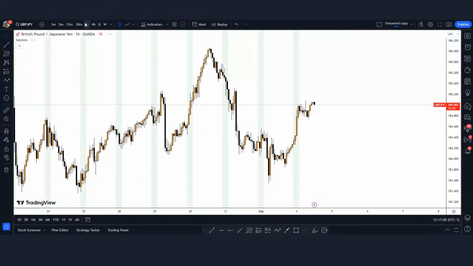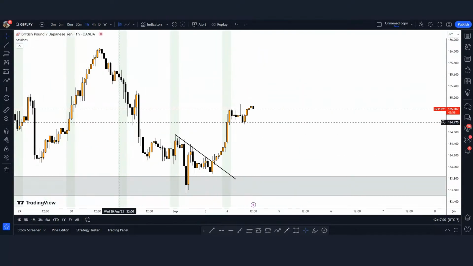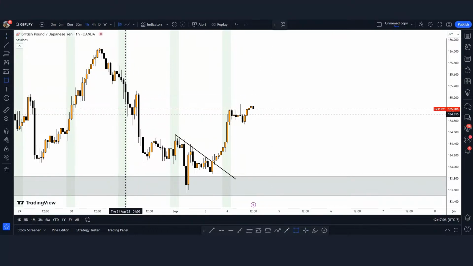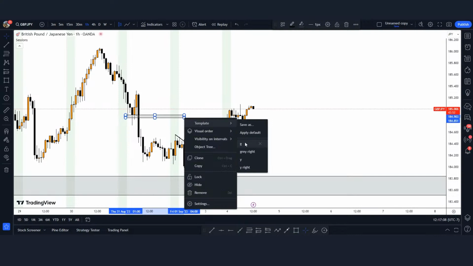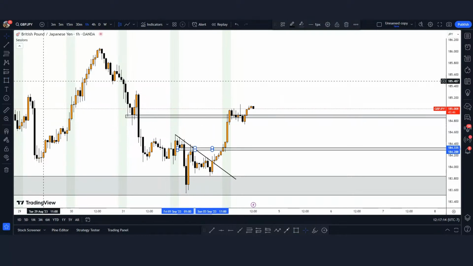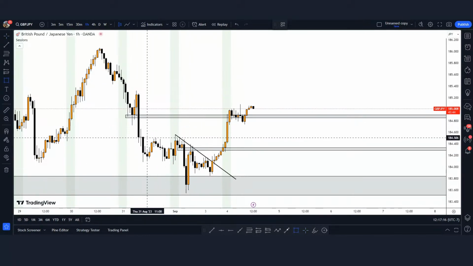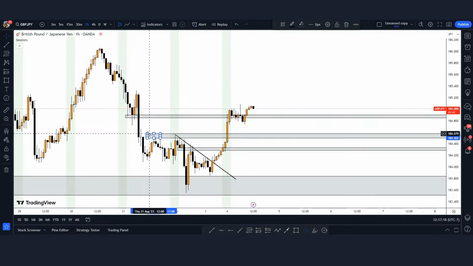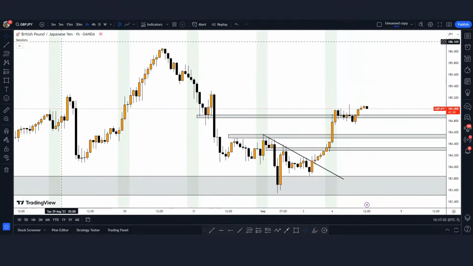And then you just jump on the hourly, just look at your zones, see where price can potentially go to for take profits. This can be a take profit zone right here. So you can have that as a TP. You can have this zone as a first TP. And then you can have essentially another TP. So these are the ones you can have if you want to do something like that, and jump down on